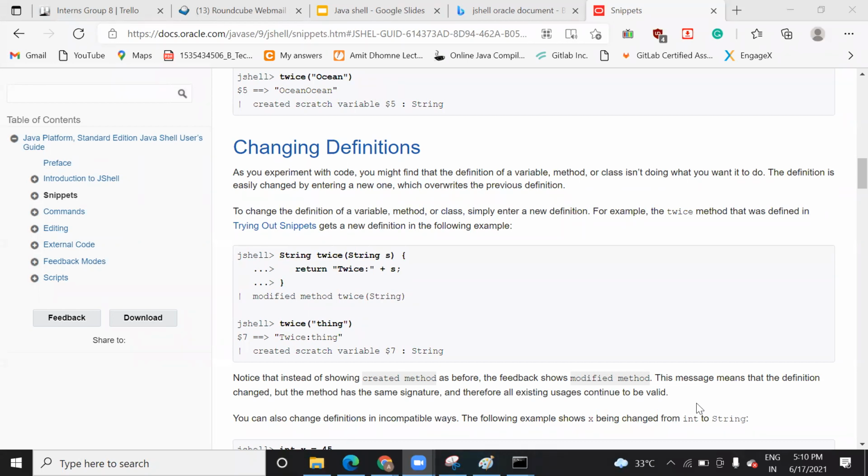You can run your method on JShell. You can see whether it is working fine or not when you are passing a parameter. And if it is working fine, then you can implement it in Eclipse or any IDE. You don't need to write the whole code, from the package, import, class, main method, every syntax, just to check a simple method.